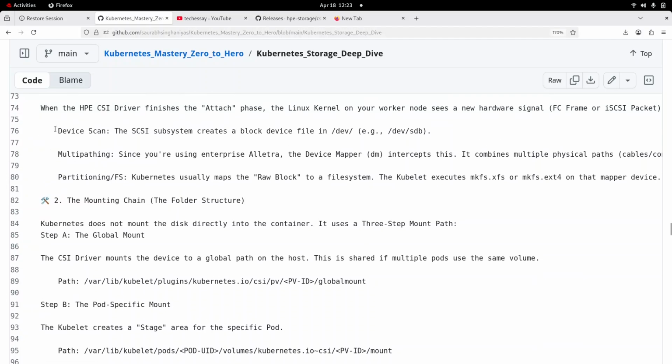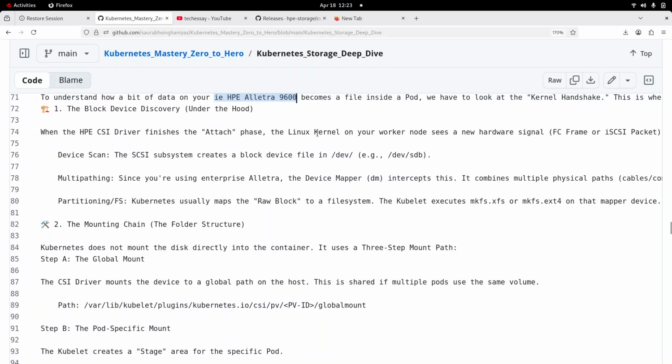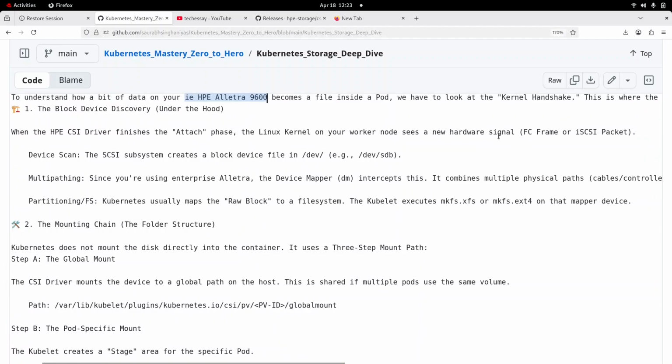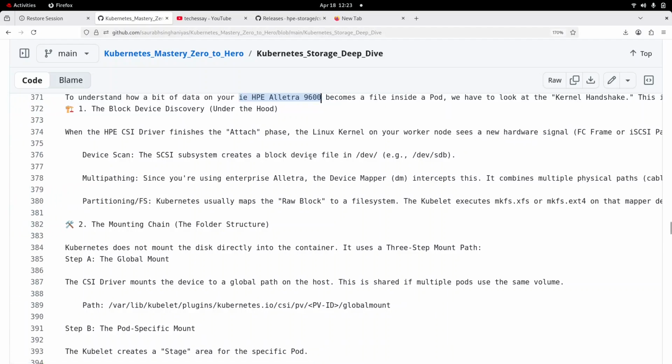So basically the scan happens when our zoning happens. After the CSI driver attach phase, the Linux kernel on the worker node sees a new hardware signal, FC frames or SCSI packets. On device scan, the SCSI subsystem creates a block device file inside /dev, like /dev/sdb. If you work on the storage side of Linux, then I'm damn sure you are already aware of this concept. But if you are just like